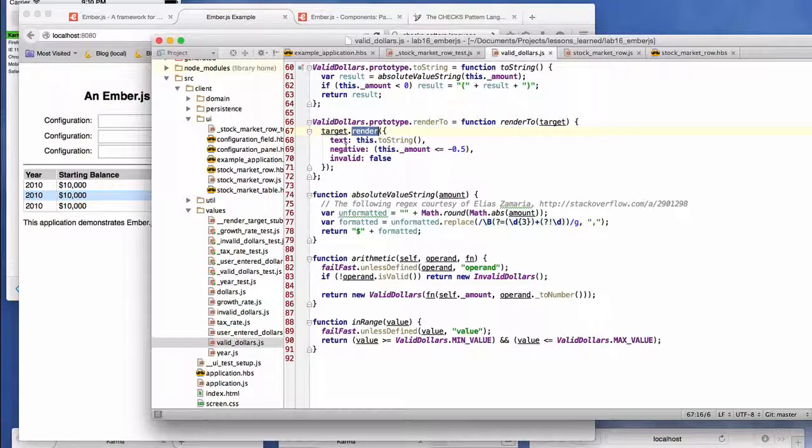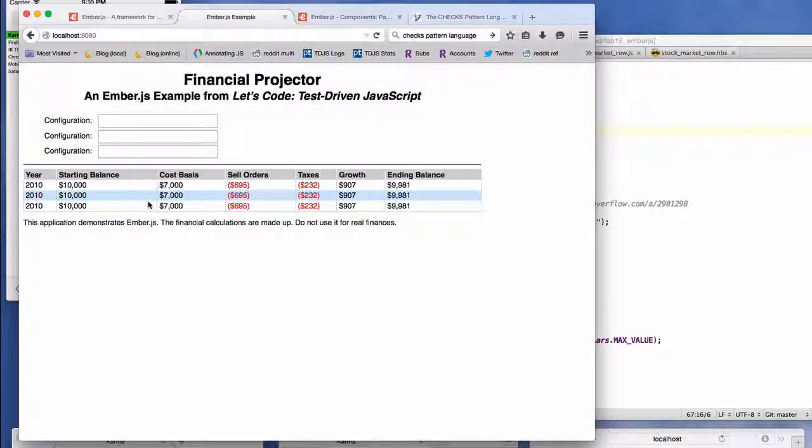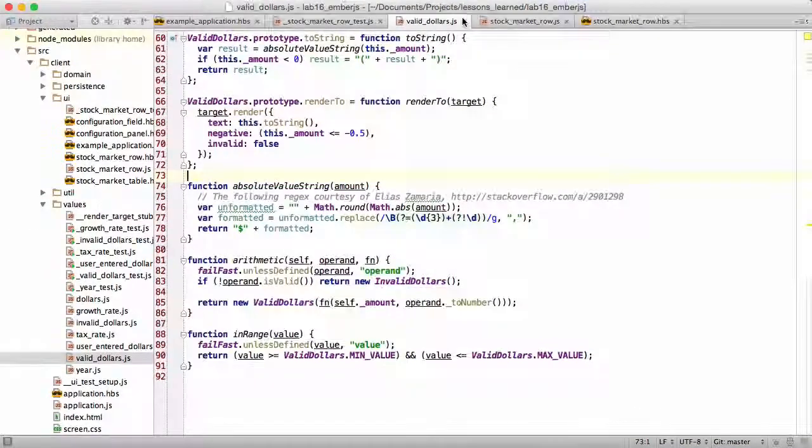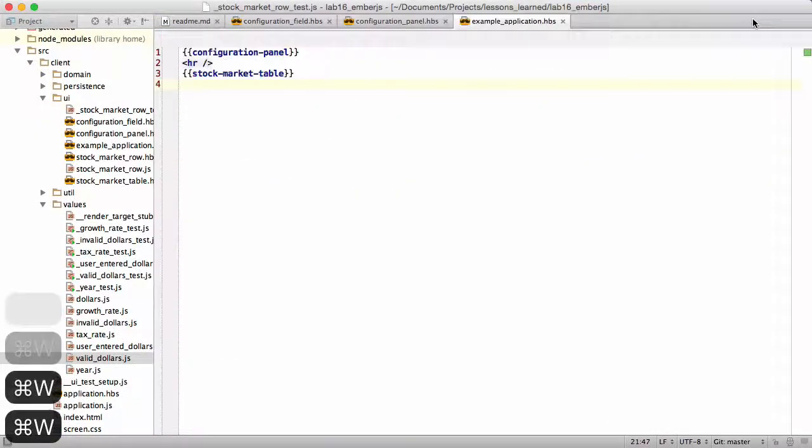Again, kind of weird, not necessarily a good idea, but it will be a good chance for us to see how well Ember plays with this idea. So what we need to do is to somehow get our templates rendering using that format. And I think what I'd like to do, let me go ahead and